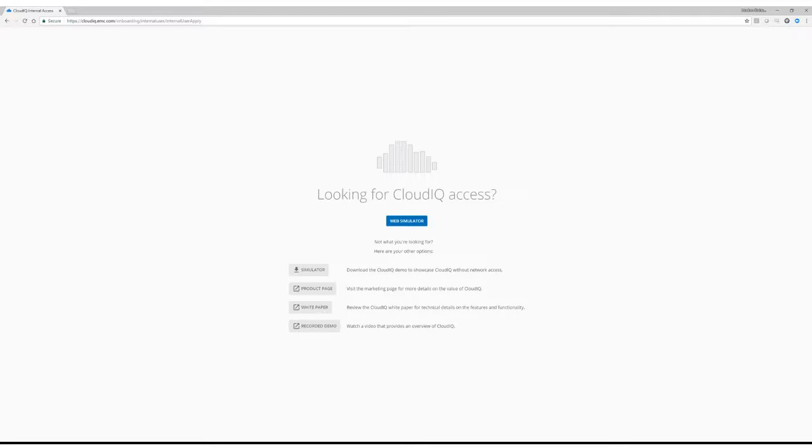But before we dive into the interface, let's talk about how you can get access to the CloudIQ demo and how customers can get access to the platform. So just as a reminder, CloudIQ is our cloud-based analytics, so it's all web-based HTML5, and it leverages our dial home capabilities across our entire install base to make really informative decisions and provide really great insight back to the